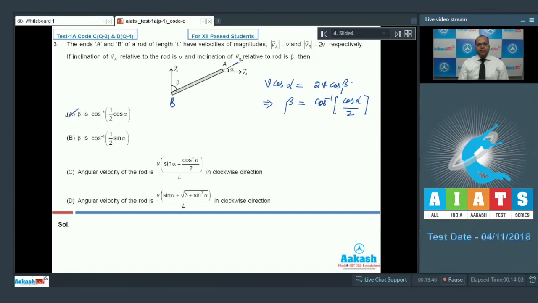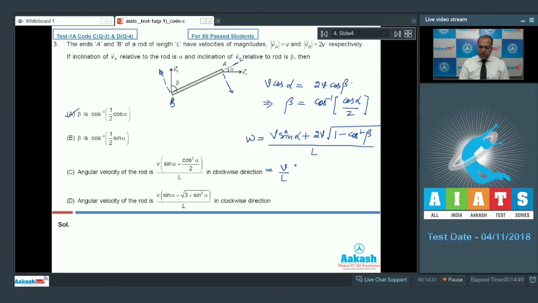In order to calculate the angular velocity of the rod, we have to take the perpendicular components of these velocities to the rod. So I can write omega is equal to V sin alpha minus VB sin beta, so that is plus 2V sin beta. Sin beta I can write in terms of the square root of 1 minus cos square beta, divided by the separation between the two ends, that is L. So if I substitute the value of cos square beta,